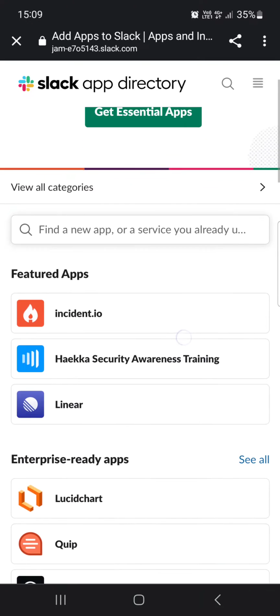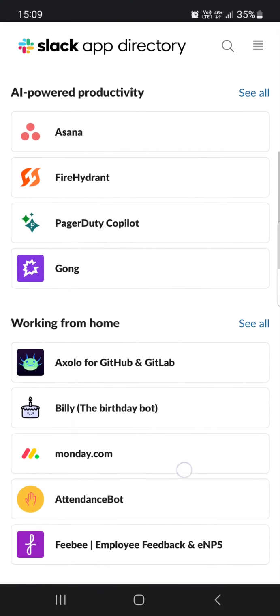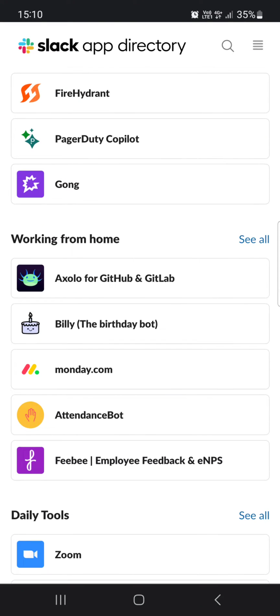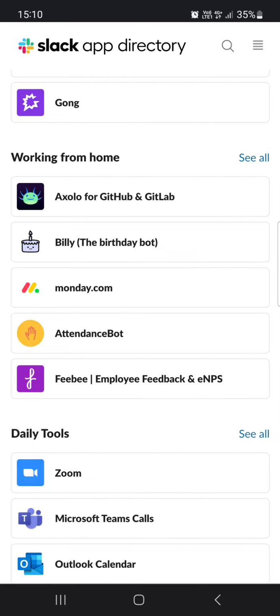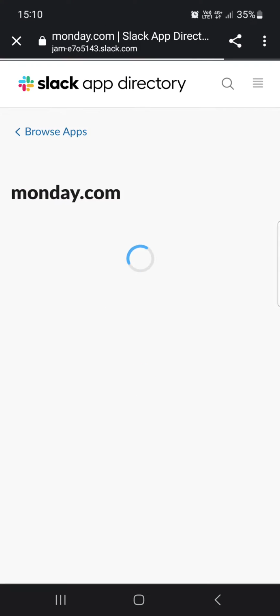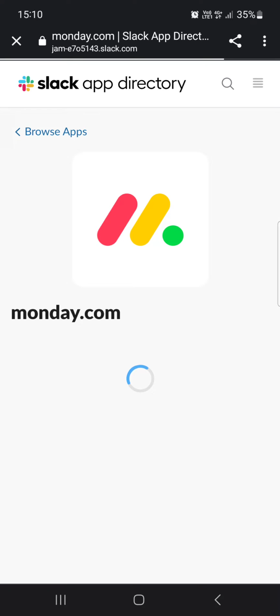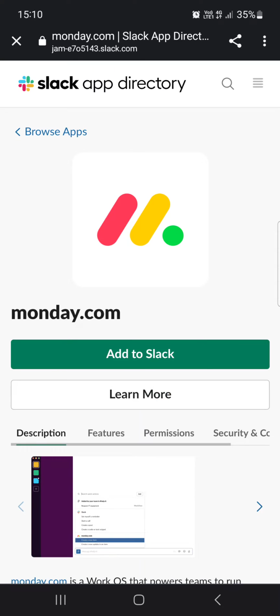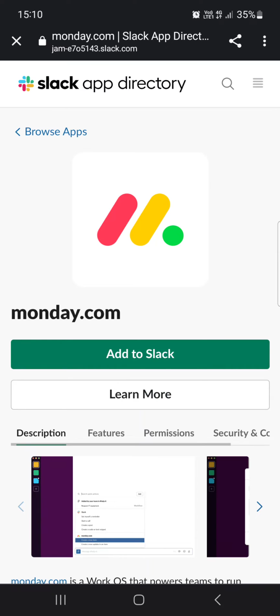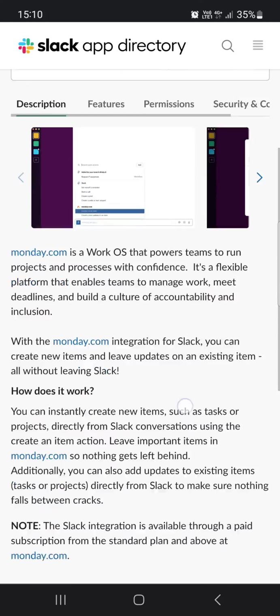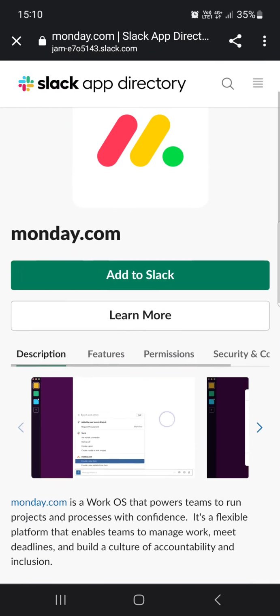And then in this section, you can just scroll down, and under the working from home section, we find monday.com. You can just tap on this, and after it has loaded, we can just tap on the Add to Slack button, and it's going to be added to our workspace. Thereby we can use it with our colleagues, and yeah, that's pretty much it for this